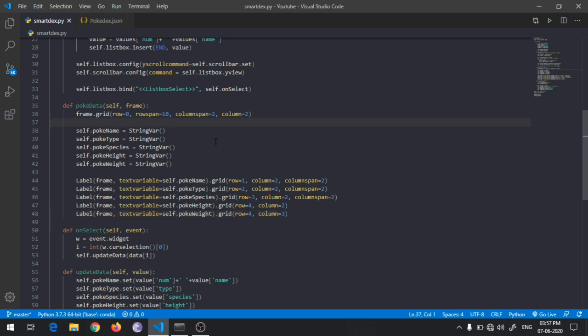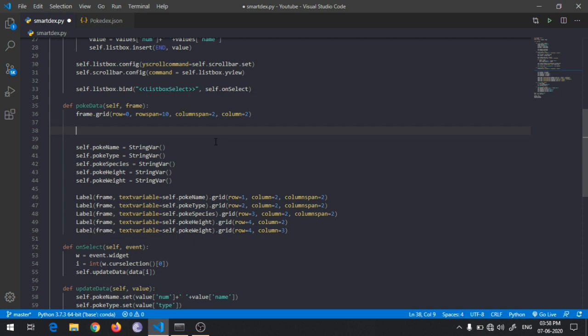So I will create a variable here called image. This image will be ImageTk.PhotoImage, and I will pass the image here. I will give a value here as a base.